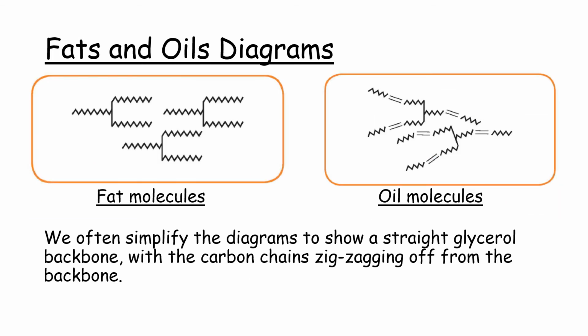What we like to do when we look at molecules is to see them as straight chains. So fat molecules are straight chain. They're going to look something like this. It takes the shape of a kind of tuning fork, and you've got two fatty acid molecules on one side,